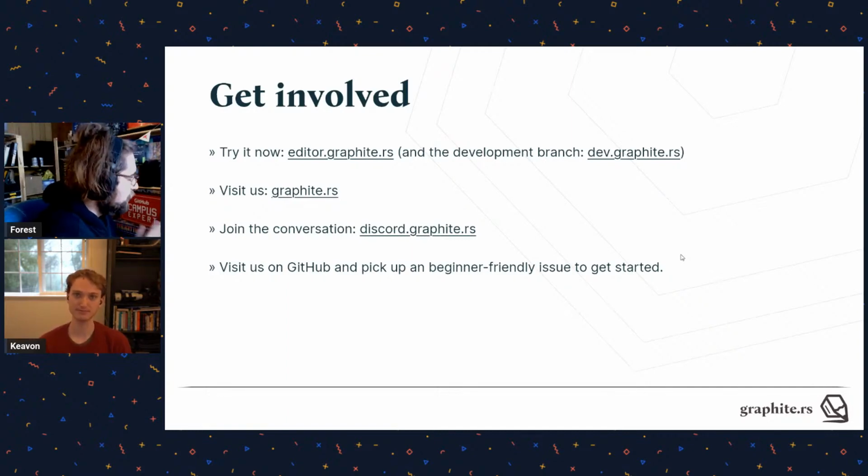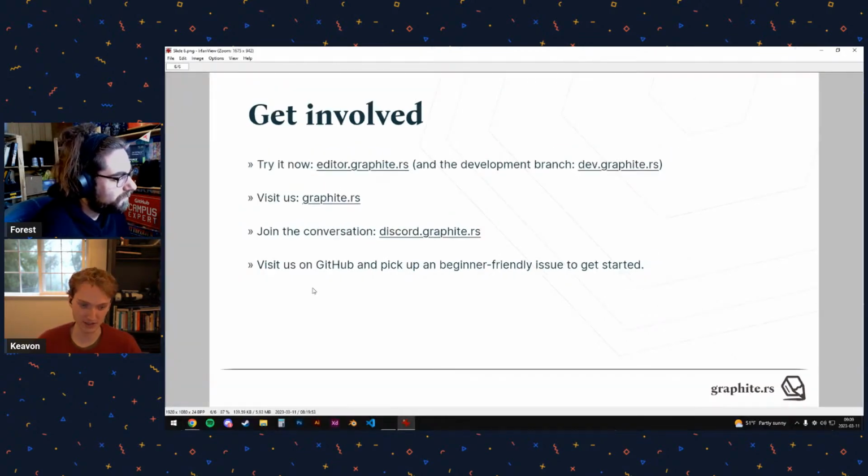Okay, awesome. Now, one more question we have here, and this is a question that I'm particularly interested about, because we often answer the same question about Valorant: what features are needed before Graphite can become the default 2D editor for general 2D graphics? And I think the thing I want to add on here is it's very difficult to know when you would release a 1.0 of something or when something is complete. But in your mind, what are the things that you want to see? Yeah, actually, let me answer that question with a